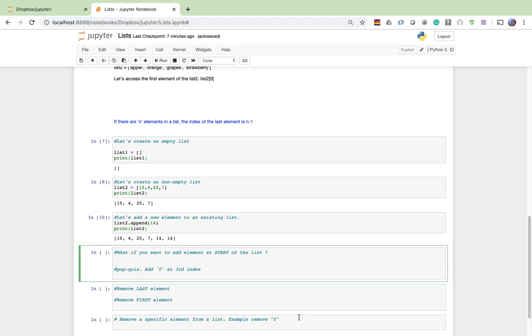Append would only add at the end of the list. Insert, however, you use the same way, list2.insert. But list2.insert can put it anywhere in the list. You just give it